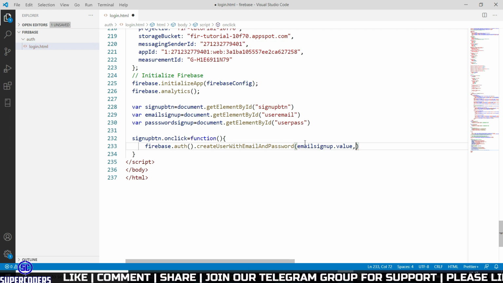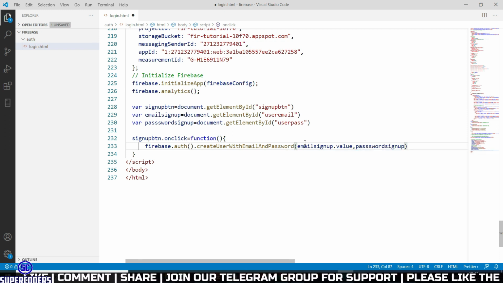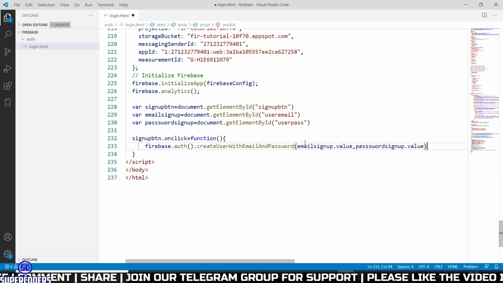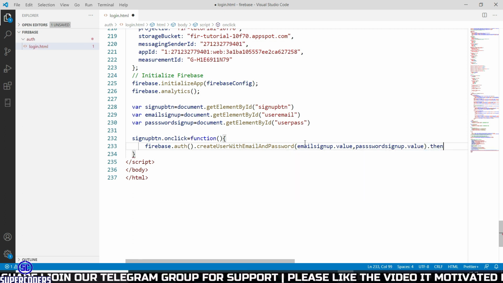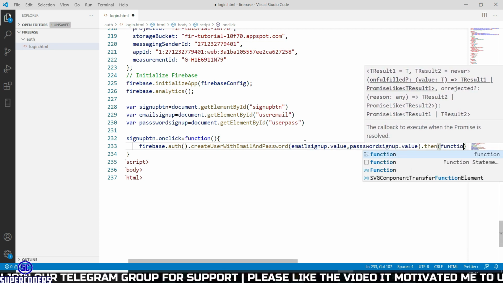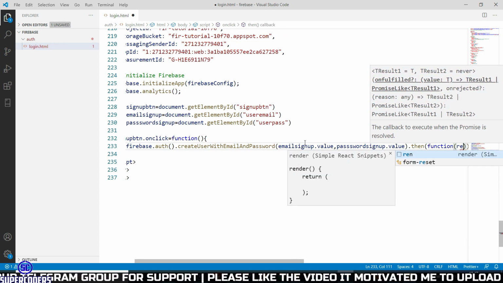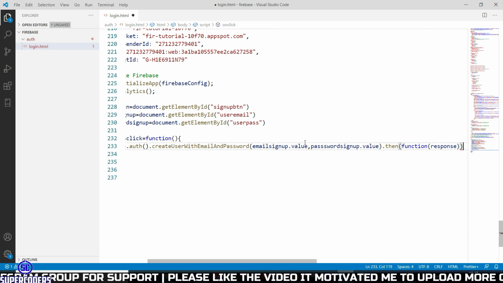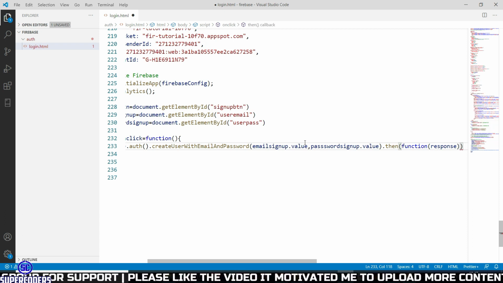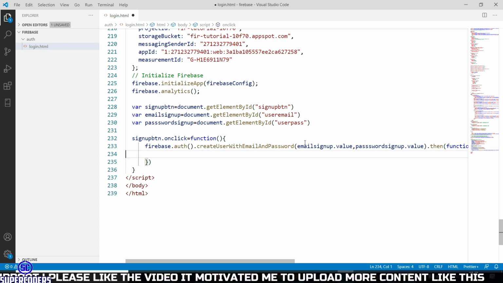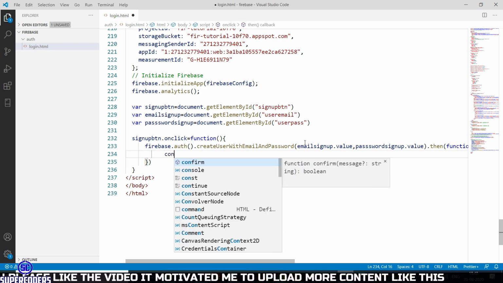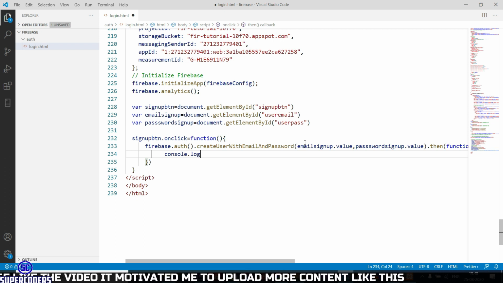After that, password sign up dot value. After that, dot then function response, close it, then console dot log response.